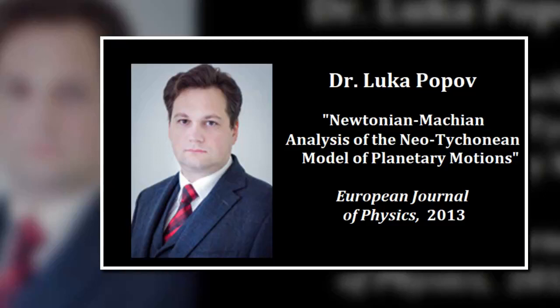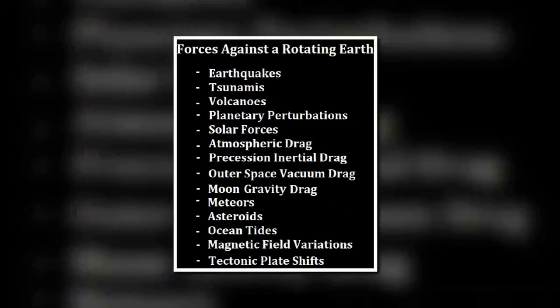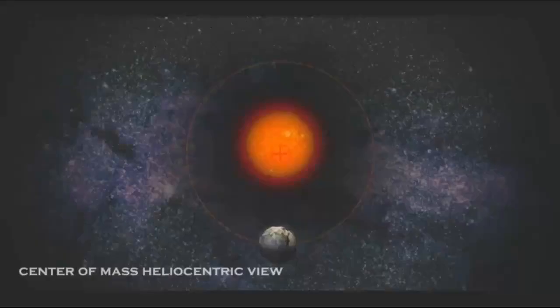It will, by far, be more stable than a small Earth moving in a large universe if we consider all the internal and external forces that will come against a rotating and revolving Earth to slow it down, such as earthquakes, tsunamis, volcanoes, asteroids, planetary perturbations, solar forces, etc., etc. Second, the mechanics of a rotating universe will show that the Earth will have no inclination to rotate, even though the universe is rotating around it.